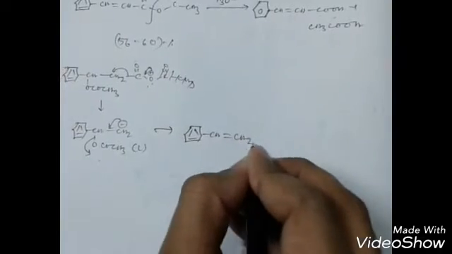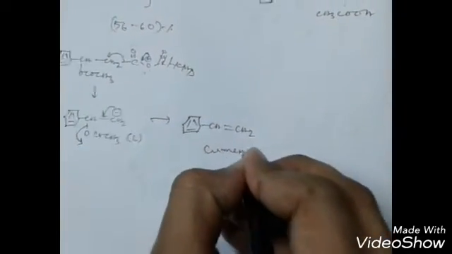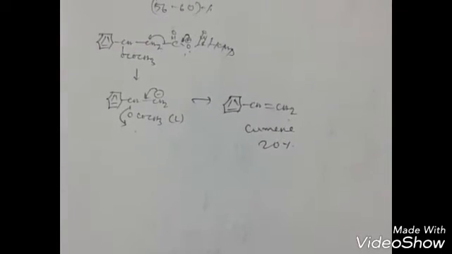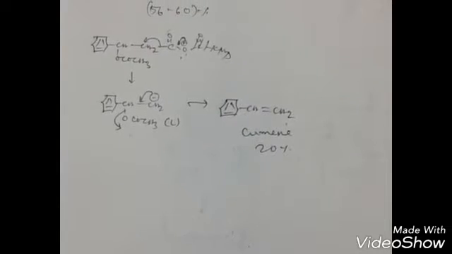So it can happen. The side product is the cumene. About 20% of the product is cumene. So by this mechanism we can see that formation of cumene can happen, and the product cinnamic acid also forms